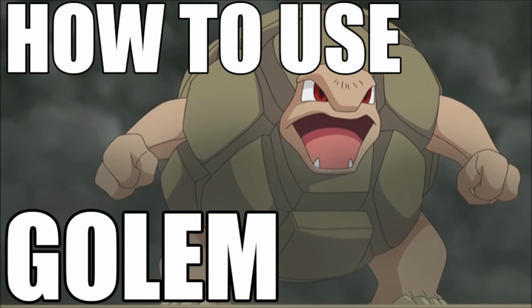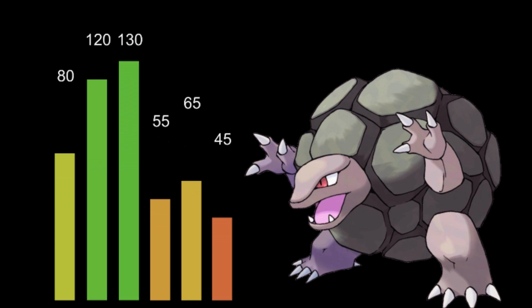This is how to use Golem. What? Those stats. Oh my goodness, okay. So Golem has a really high attack and a really high defense, and would you believe in the 6th generation that attack got buffed? It used to be 110 base, now it's a 120 base attack. Its defense is 130. Its hit points are actually pretty good for that bulk, and then on top of that,